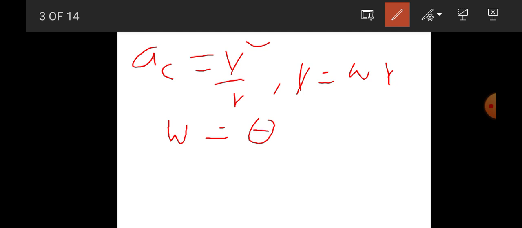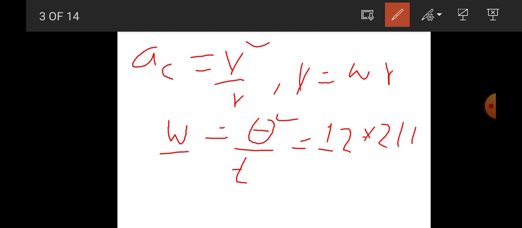which is symbolized by theta over time. velocity is equals to displacement over time እንደምንለው linear motion ላይ፣ rotational motion ላይ ደግሞ angular velocity is equals to angular displacement, that is theta over time. angular displacement ማለት 12 revolution፣ 12 ጊዜ ነው የዞረው ማለት ነው። 12 revolutionን ወደ ራድ ሲንቀይር the unit of theta ራዲያን ስለሆነ 12ን ከምን ጋር እናባዛዋለን ማለት ነው? ከ2 ፓይ ጋር እናባዛለን ማለት ነው። ይሄ ማለት 1 revolution is equals to 2 pi,